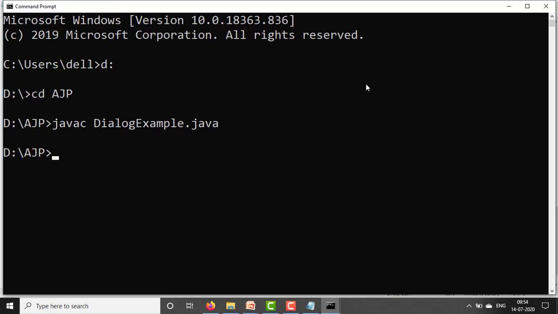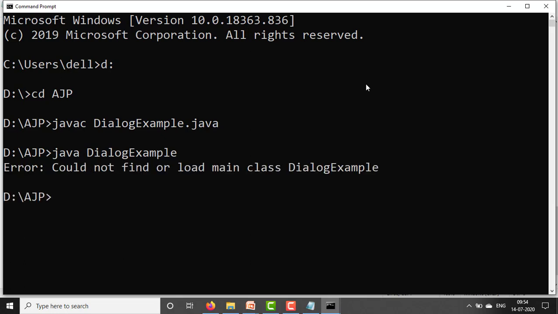Compilation is okay. Now execute this. The main method is there, so you can directly execute like this: java DialogExample, press enter. Could not find file. -cp .